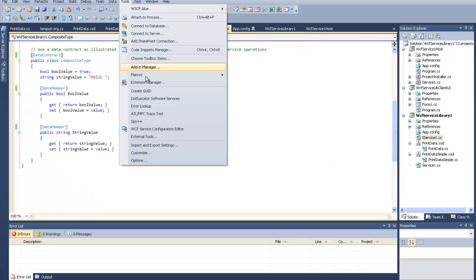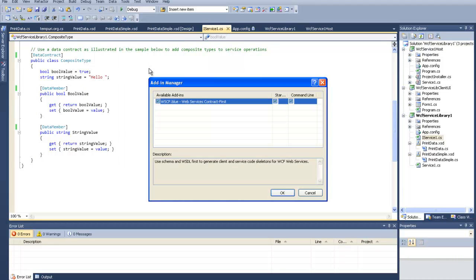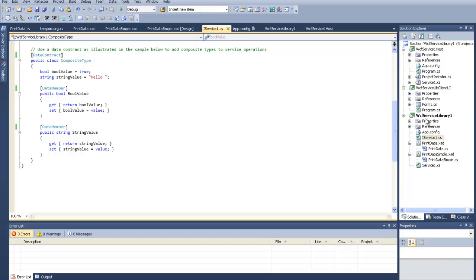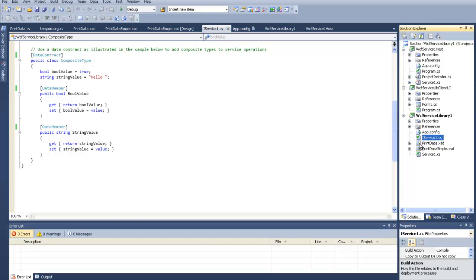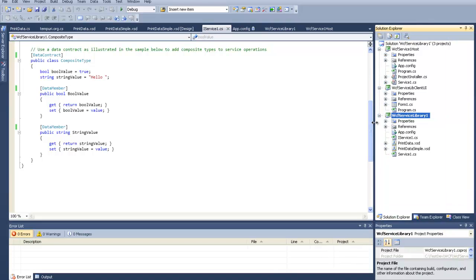Once you install it, you can go to add-in manager and expose it on the command line and start up. And once it is installed and available, then you just add your schemas into your project. For example, this is the default wizard generated WCF service in .NET Visual Studio 2010, and by default we know